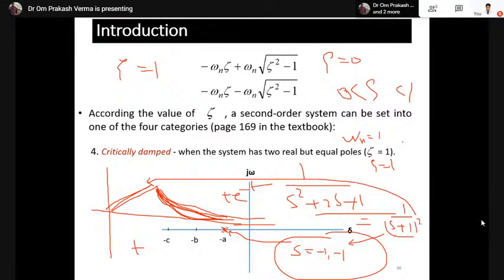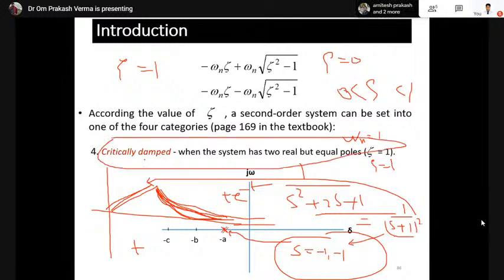which system is correct, as per your suggestion, as per your thinking. What do you think about that? Which types of response are very good? So in that perception, when you recall these responses, you will find that critically damped systems are one of the best responses, because critically damped means we get just what we want from the system. We want that we achieve the target or the set point